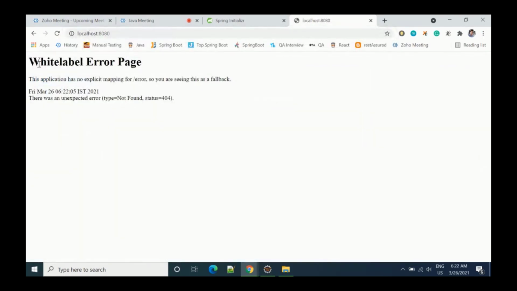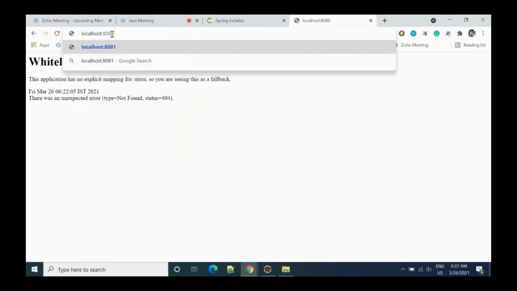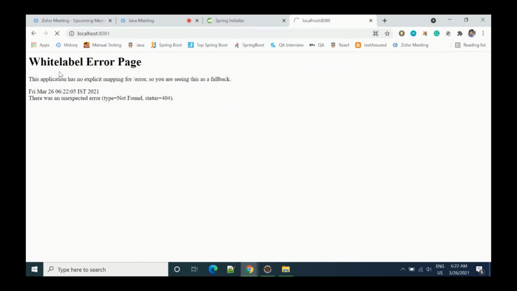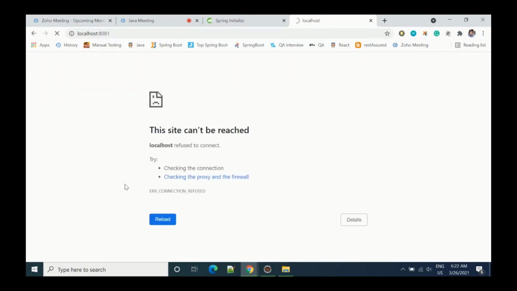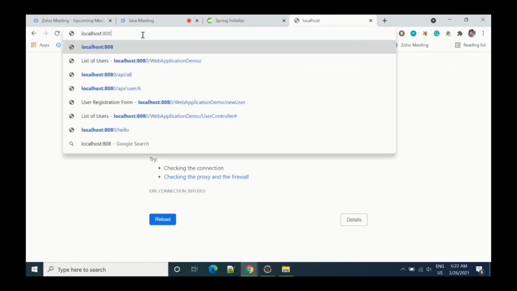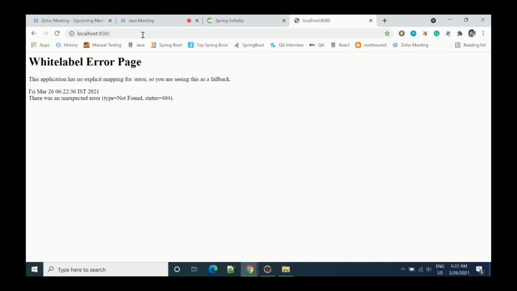So now we are getting a message, Whitelabel Error Page, there is no explicit mapping. That means the application is running, right? But we don't have any mapping for the pages. If I write any other port, then you will see an error message that this site can't be reached. But since your application is running and you are able to access 8080, in that case you will get this type of message.